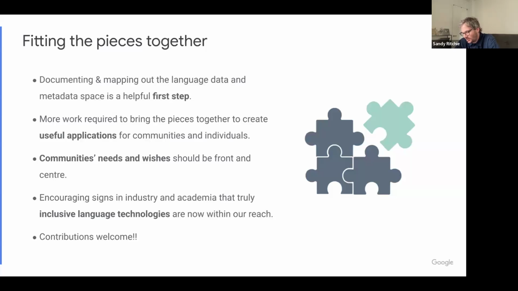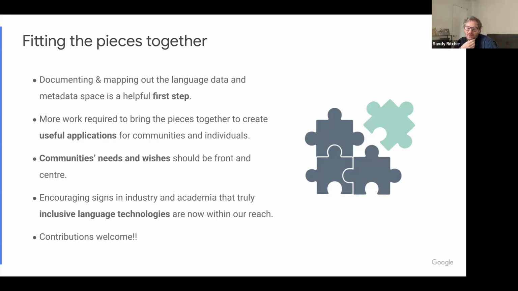And I think it's really important to highlight that many of the languages that we're talking about are spoken in marginalized and disadvantaged communities, and the needs and wishes of those communities should be front and center all the time in our minds. Whatever the community wants or desires first, whether it's translation or speech or whatever it is, that's what we should do first, instead of offering a standardized rollout of technologies for a language.